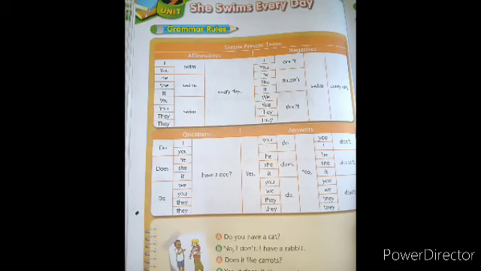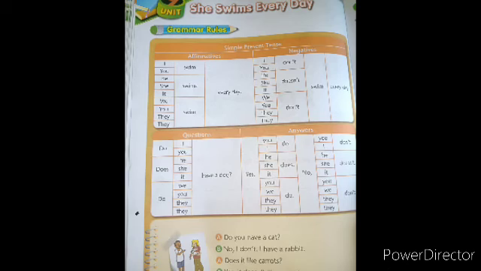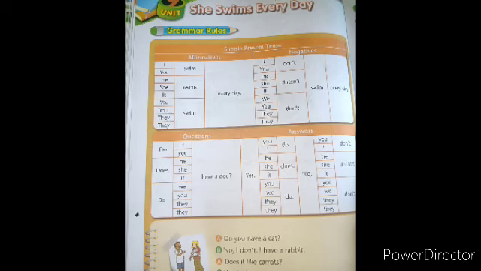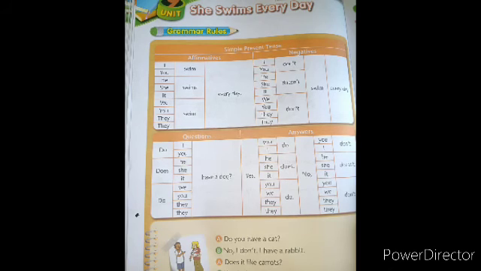Now in plural you will see we, you, they. We swim. S will not be added because we is plural. You swim. There also you, here also you. You is second person. As I told you before, it will be the same at both places, singular and plural. So you swim, they swim, and we swim. So I swim every day, you swim every day. He swims, S will be there, every day. She swims every day. It swims every day. We swim, S will not be there in plural form. We swim every day. You swim every day.